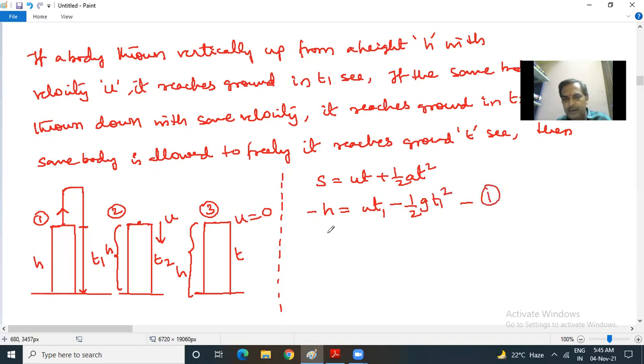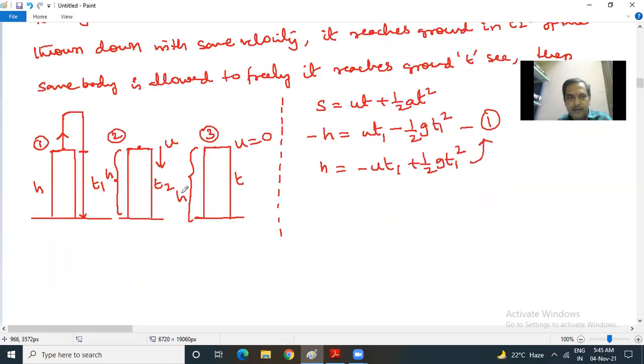Now you can rewrite this. h is equal to, if you cancel minus, this u will have minus now, plus half g t1 square. So you call this equation 1. Next, in the second case, in the second diagram, it is thrown down. So initial velocity is also downwards, displacement is also downwards. So making use of once again this S equal to ut plus half at square. Now h negative,